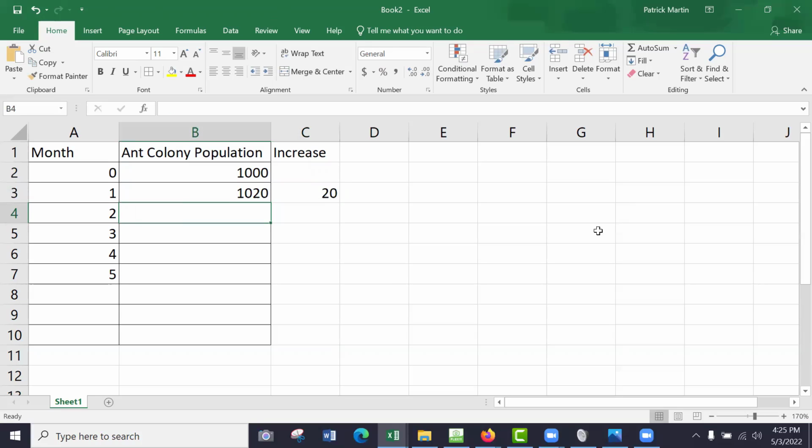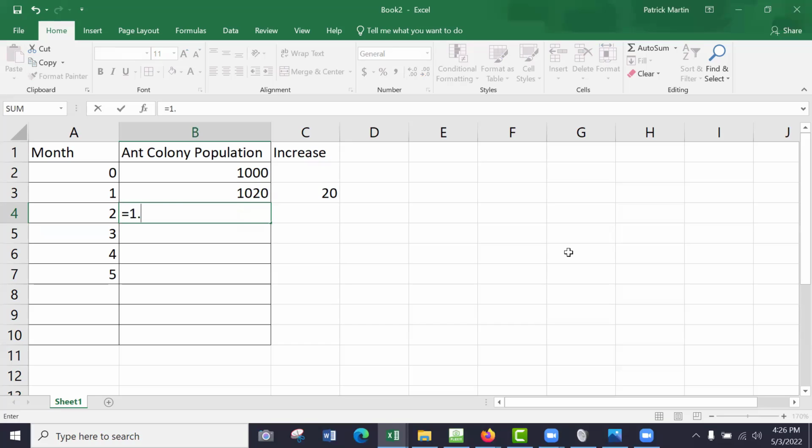So for the next month, how do we get the next population? You're going to add another 2%. Right. So we're basically getting 0.02 times our 1,020, which is 20.4 ants actually. That's correct. And we're going to add the 1,020 as well. Yep. Which is 0.4 more of an ant, which doesn't make any sense in real life. That's a dead ant. But in any case,